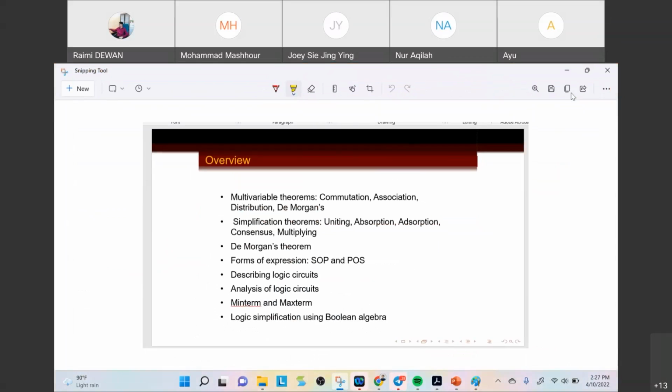Okay, so we have De Morgan's theorem. Okay, De Morgan's theorem is that, for example,